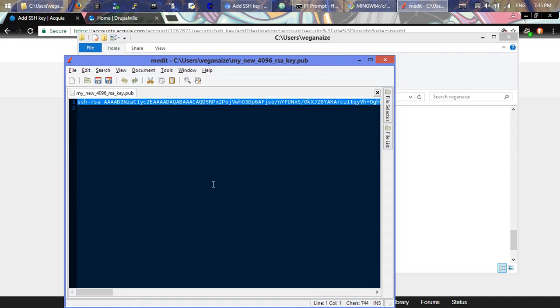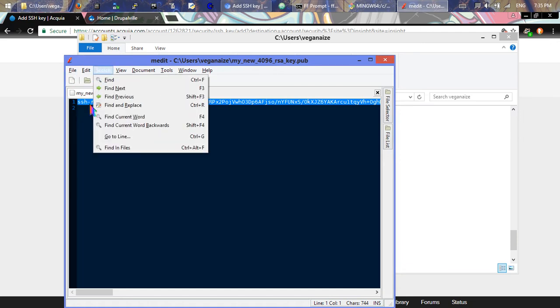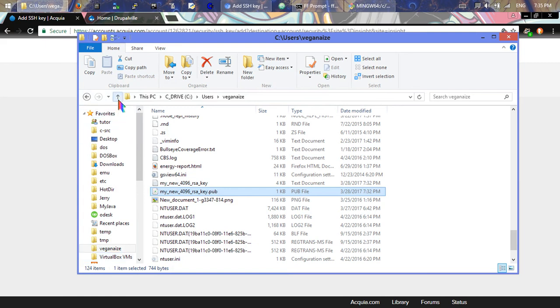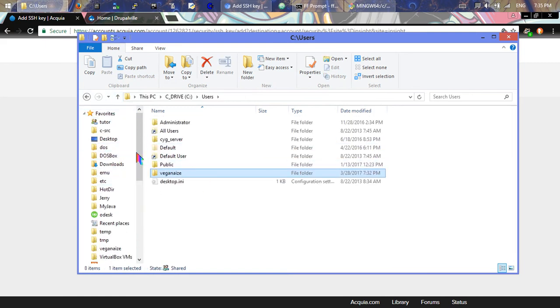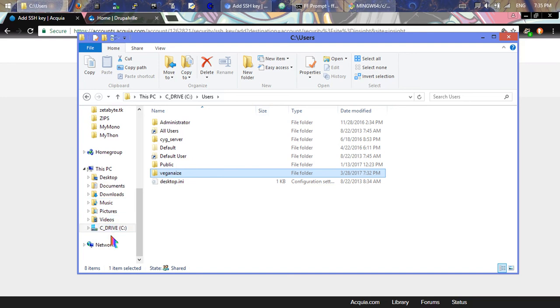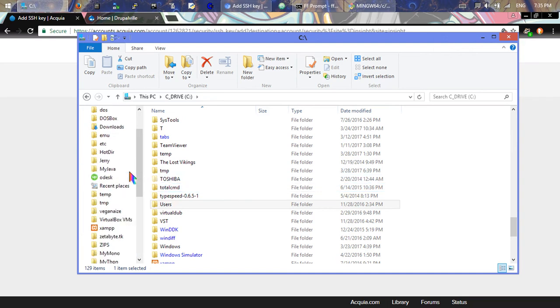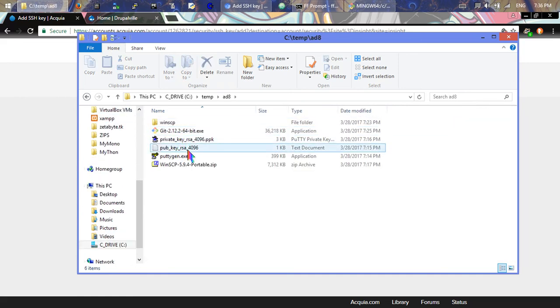Okay, so then I can hit Control A to select all, Control C, or you can go Edit, select all, Edit, Copy, and then we can come over here. And of course, if you use Git, if you didn't use Git, if you did it that method, then you've got your key. Hang on tight just a second. If you use Git, then you'll need to go to your program files folder. Or no, you won't. That was if you use Git. If you saved it in your temp folder like I did, one of your working folders, then